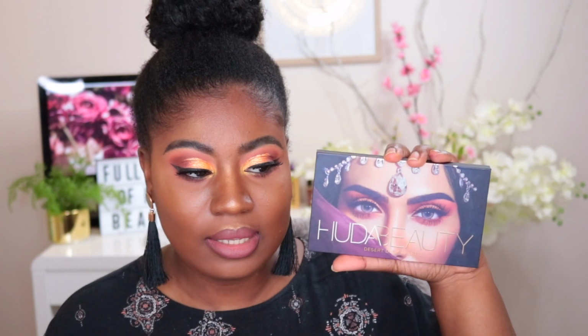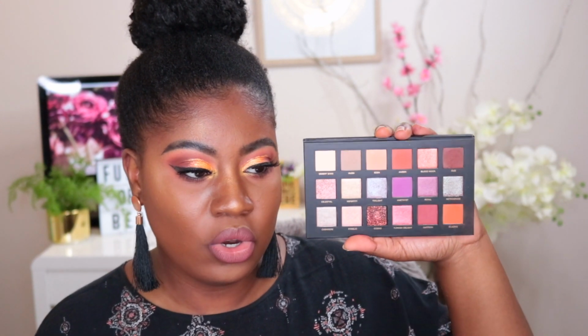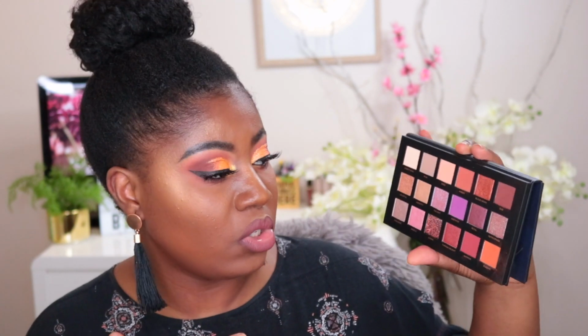I went into the Huda Beauty Desert Dusk palette. So as I said earlier, this is not new to the market, but it's new to me. I was using it for the first time. It's been sitting in my collection for, I kid you not, probably 6 months. I just have so much makeup to get through. Oh, it's so bad. But anyway,